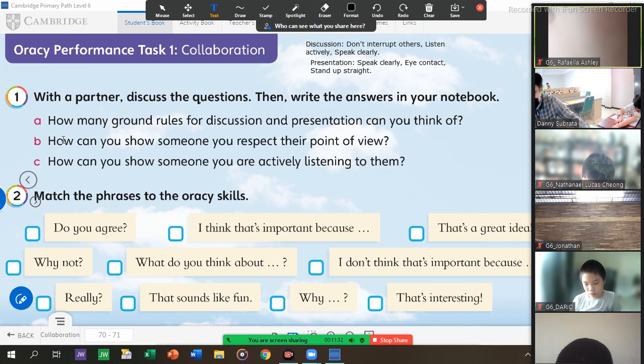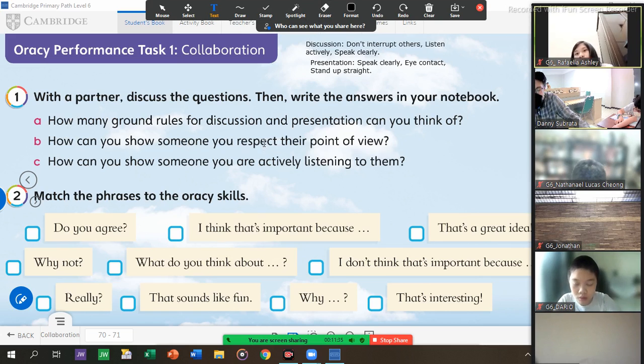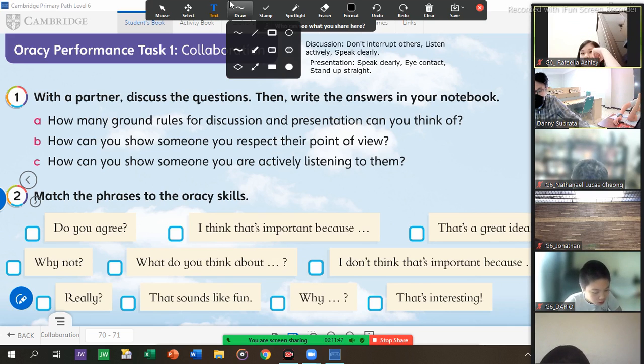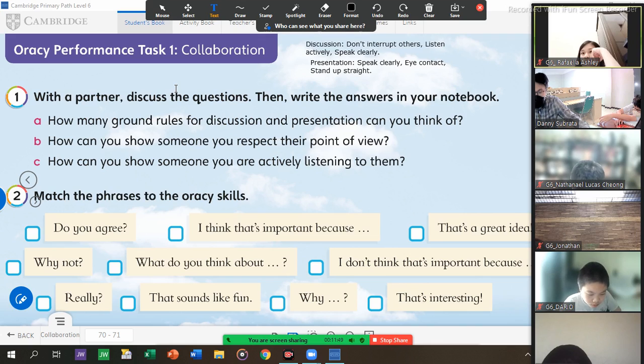Now, how can you show someone you respect their point of view? What kind of words do we use to show respect, even though you don't agree with their point of view? When you agree with someone, you usually say, yes, I agree.